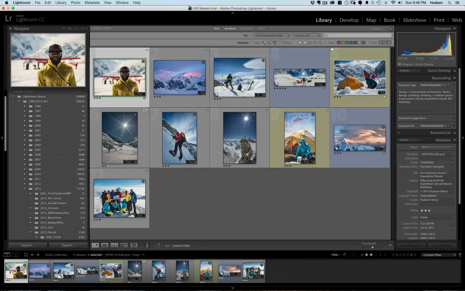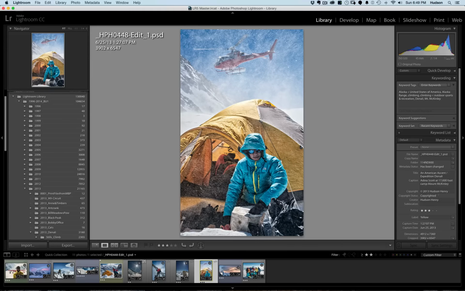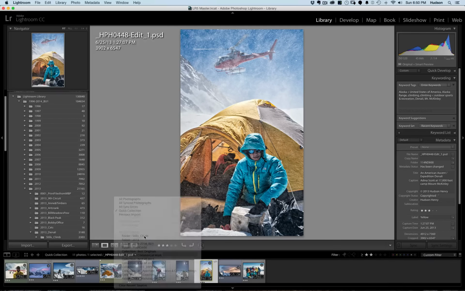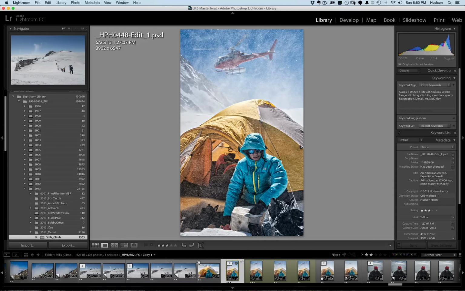And this client really liked this image right here of my friend Adina at our high camp at 17,000 feet with the US Forest Service helicopter kind of hovering over the tent. But they had a problem. They needed it to be portrait. They didn't want it portrait, they needed it to be landscape. So I remembered shooting both, and I went delving back into my old folder from 2013, and sure enough, I